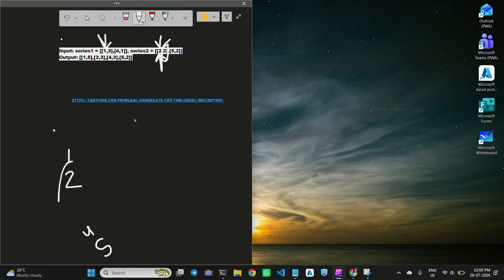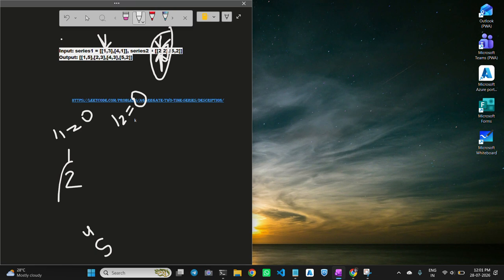Like, let's take the example. Let's say I1 is 0 and I2 is also 0. Since I1 and I2 both are zeros and the timestamp is different, the one that is the minimum, I will take that timestamp and sum its value with the value present in the second subarray.